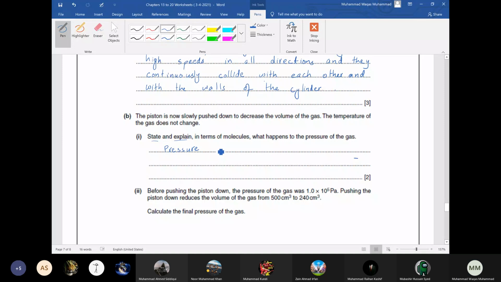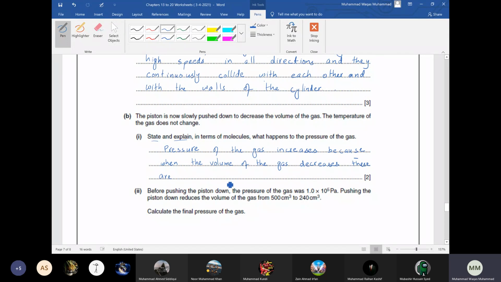Pressure of the gas increases, because when the volume of the gas decreases, there are